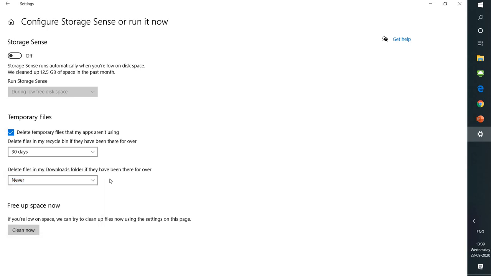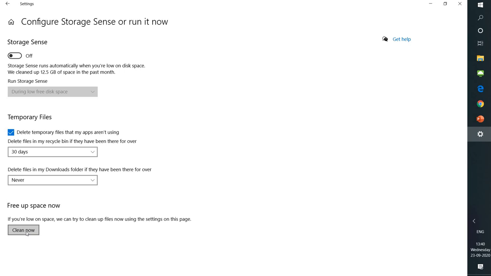right? So, if you're fine with configuring this item, that's fine. But if you are going to clean up some space immediately to install some software, if you're really low on space, you can just click on Clean now. When I do it, it will clean up whatever items are present in the temporary files and recycle bin.